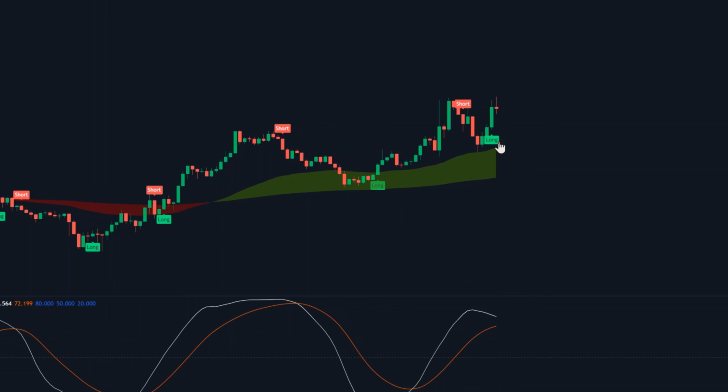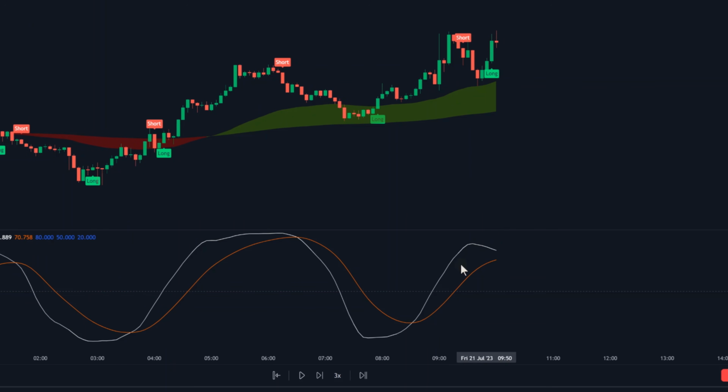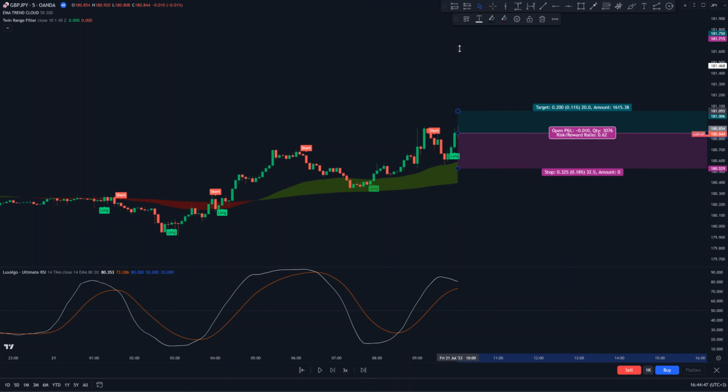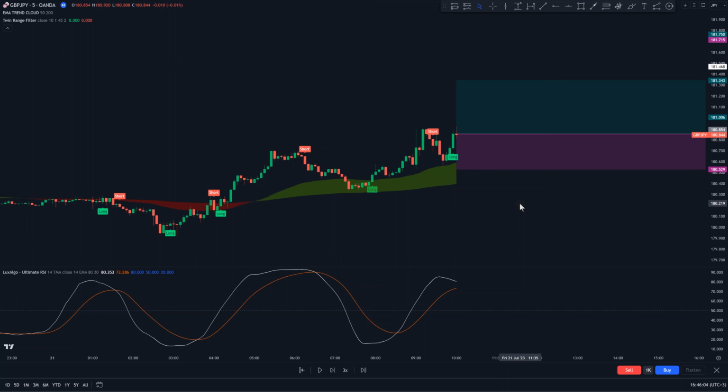Now, for this long signal to be valid, the ultimate RSI line should be above the midline, and it should also be above the signal line at the time the signal is printed. All the mentioned conditions are met on this candle, so we're gonna enter a long trade. Set the stop loss below the most recent swing low. For the take profit, we're gonna set it at 1.5 times the risk for a risk-reward ratio of 1 to 1.5. Letting the trade run